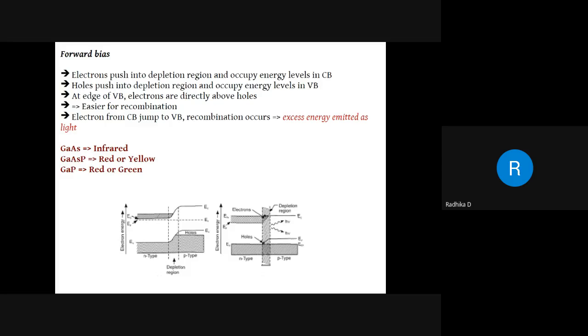Correct? So it's the same process, exactly the same thing which is happening. They are coming towards the depletion region. Say there are free electrons from N type and there are some holes in the P type. These fellows have come towards the depletion region. Only thing is when they reach